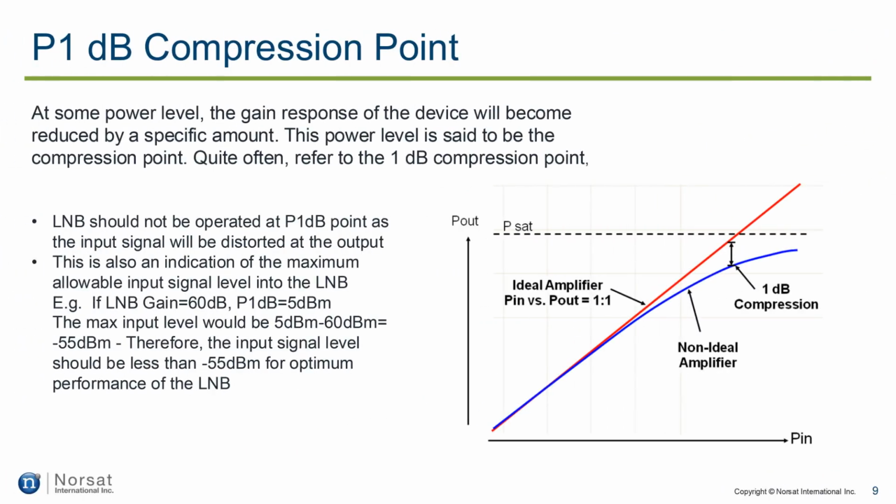When you increase the input signal to an LNB, the output power will be increased by the gain value linearly. At some power level, the gain response of the device will reduce by a specific amount. This power level is said to be the compression point, quite often referred to as the 1 decibel compression point. An LNB should not be operated at the P1 dB compression point because it is where the input signal starts to distort